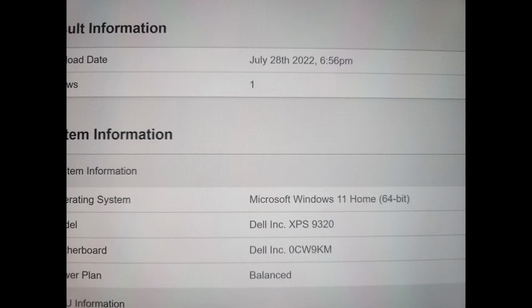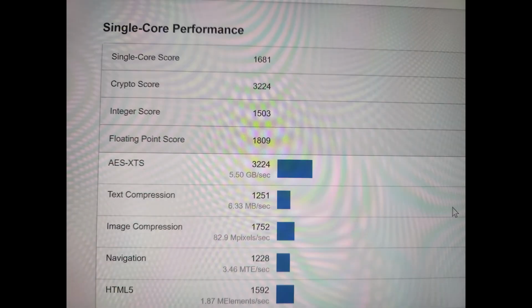Like with your cell phone, you can't really measure battery life in one day. I mean, you have to give it some time. But nonetheless, I also was using the maximum performance. So it'd be interesting to see what that looks like if you were someone who was maybe using optimized and balanced, which I might end up changing to see, because I really don't need it